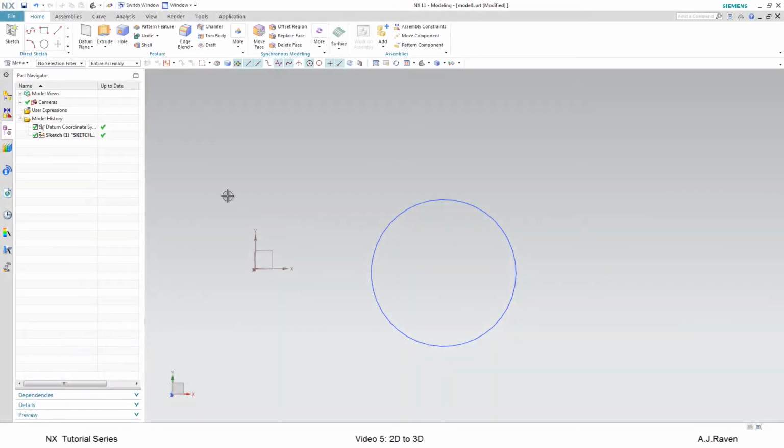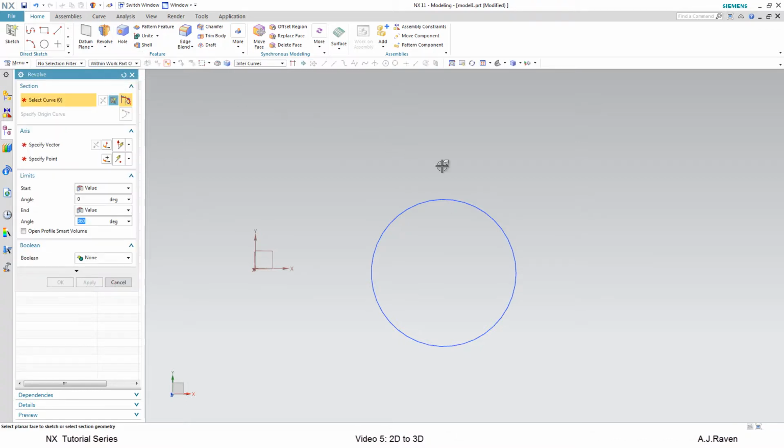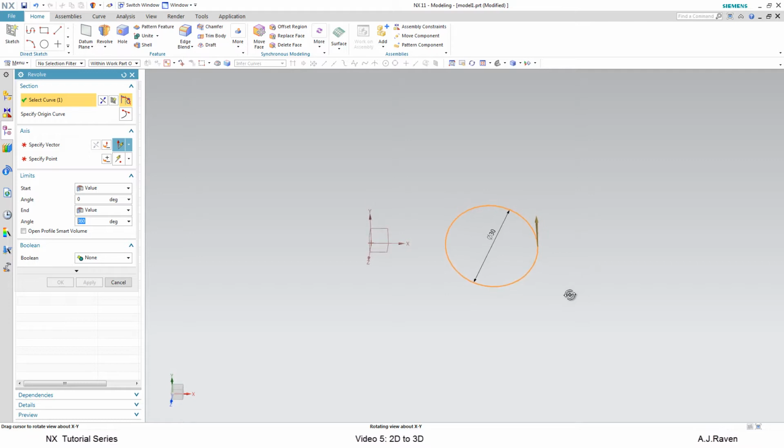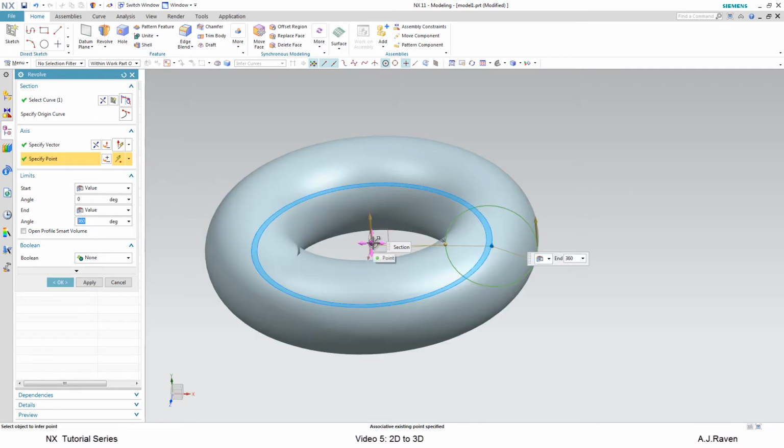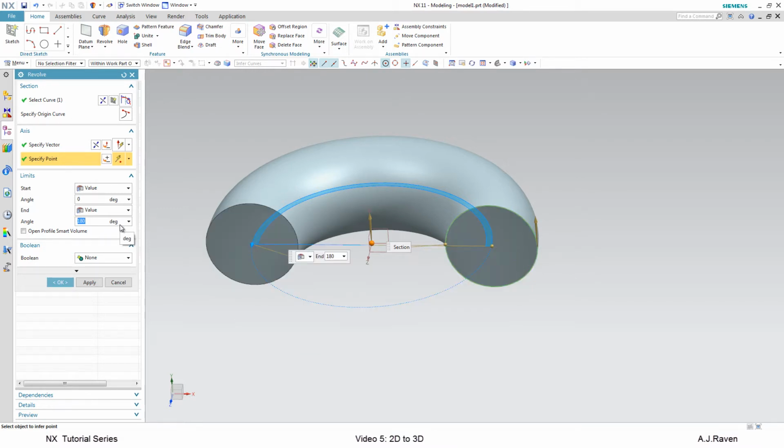The second tool for making a 3D part is the Revolve tool. The Revolve tool is found here on the drop down below Extrude, and does a similar thing to extruding, except as the name suggests, it revolves the sketch about a given axis. Selecting the same circle as we did initially with Extrude, we're given a dialog box with multiple options. Firstly, the vector you're selecting is the axis about which the shape will revolve, while the point is the central point of revolution. You can then choose to revolve the shape a full 360 degrees